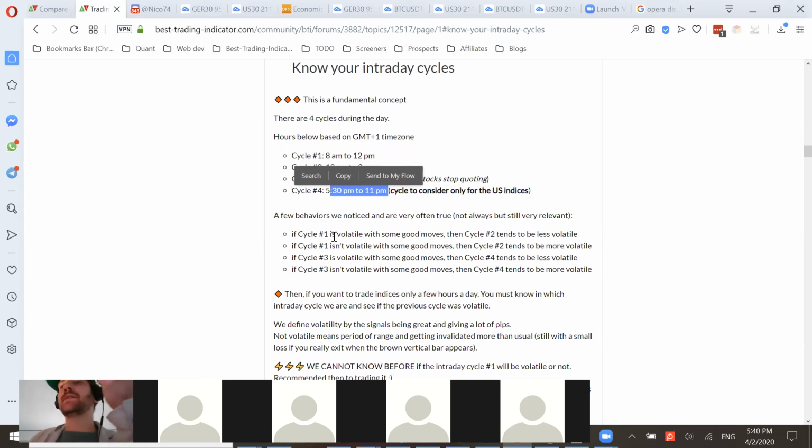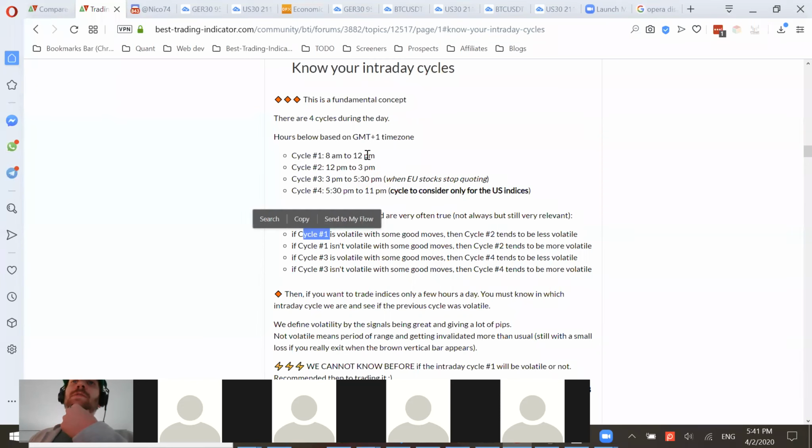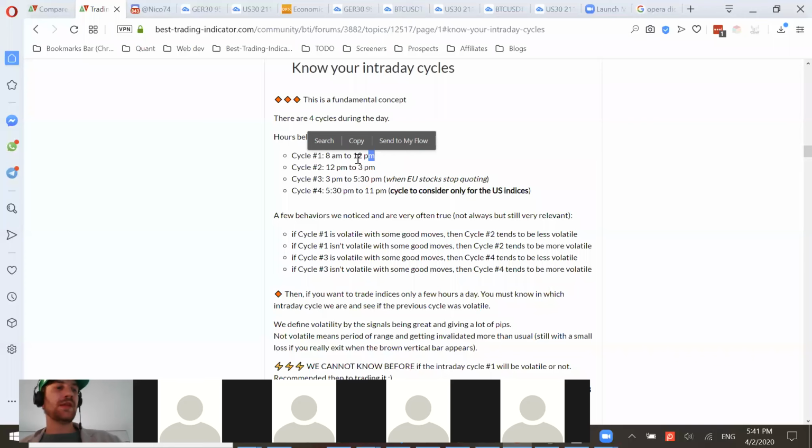It's based on the data that we have for 2019 when the VIX was around 20, but I think those cycles still work. If between 8 a.m. and 12 p.m. the Indices move 50 plus pips or 100 pips in one cycle,